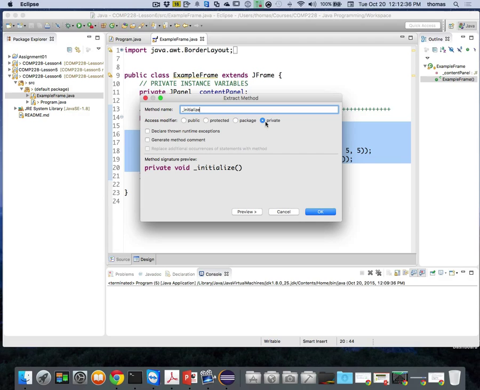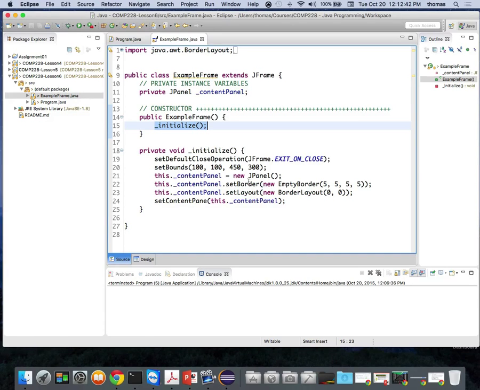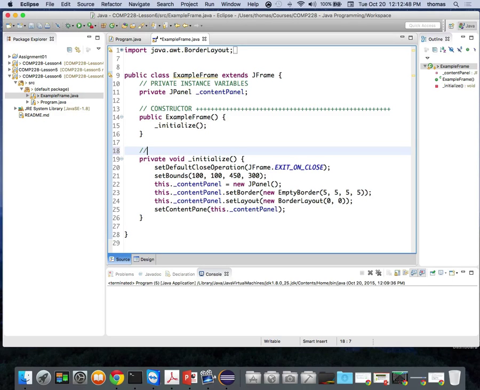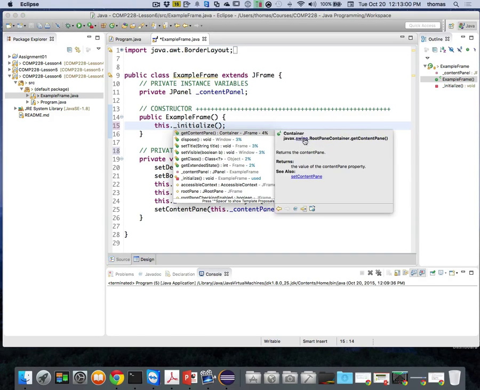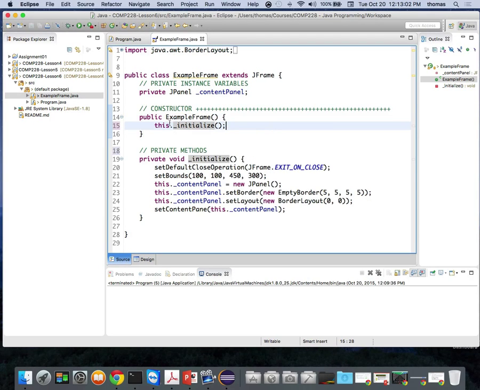And let me see what it does to our funny stuff that we get. So here's my underscore initialize, press OK. And now, bam, it kind of moves all this stuff into the initialize method, this private method. Let's make this a header with private methods. Private methods. Initialize. This is my initialize utility method, right? And I'm going to use this keyword for that, right? So this dot initialize. So basically it's going to initialize